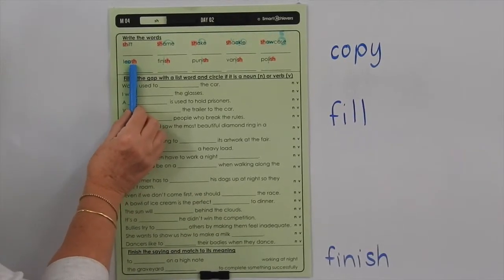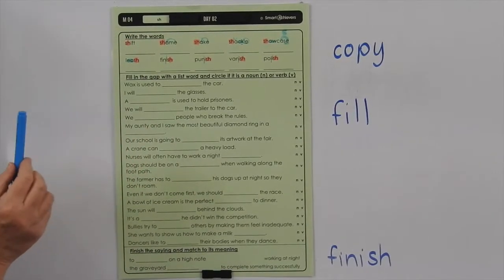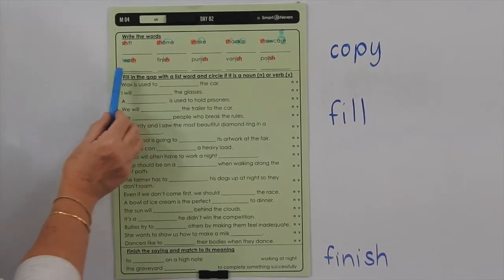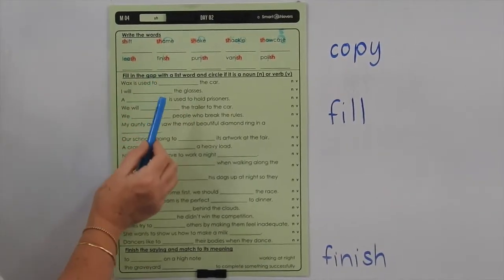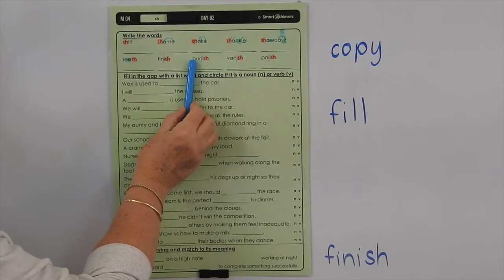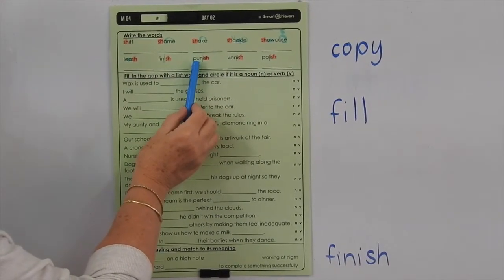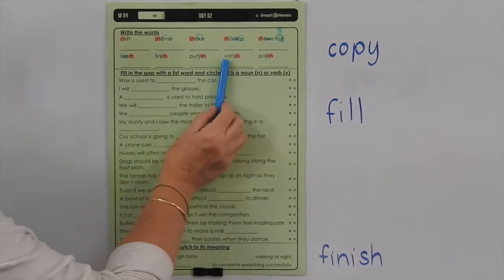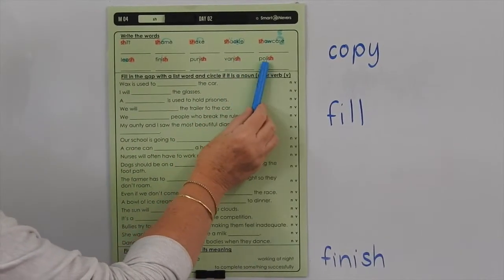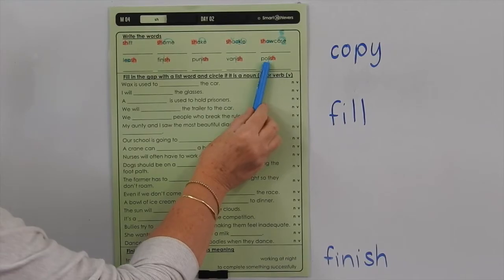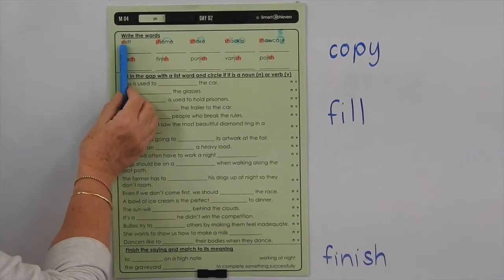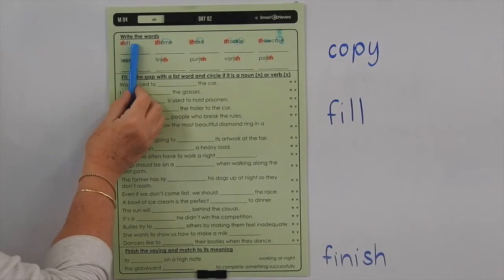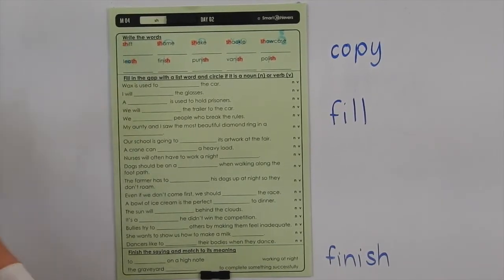A leash is something we use to control a dog and hold a dog while we're walking them. Finish means the end of something. Punish means when you get a penalty or you get told off for doing something. Vanish is when something disappears, and polish is when you make something nice and shiny. So let's read the words out and then spell them and write them. So we've got shift, shift,